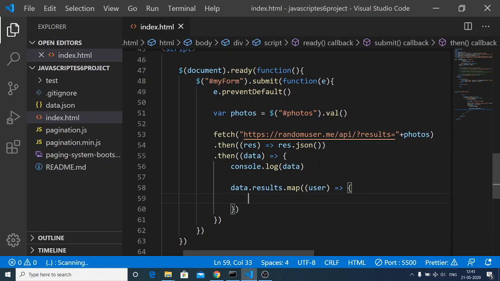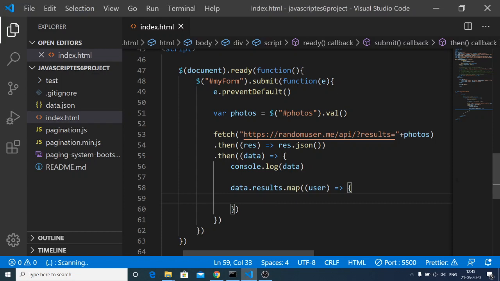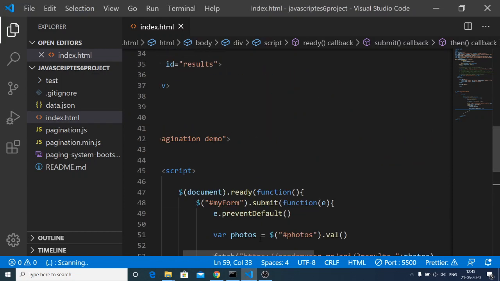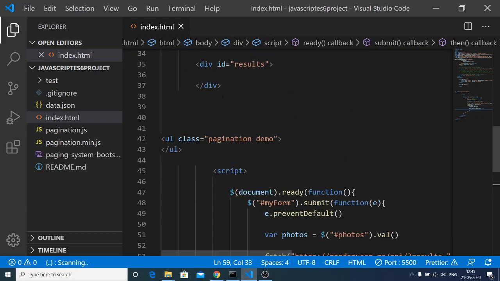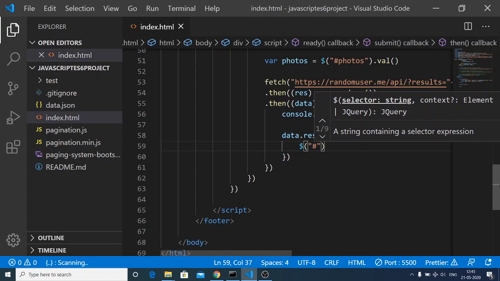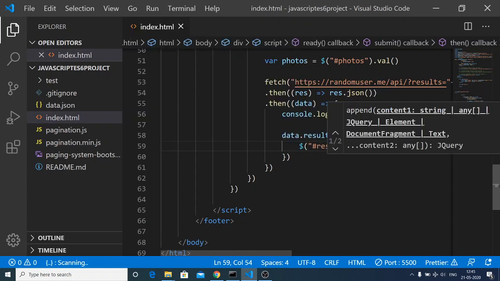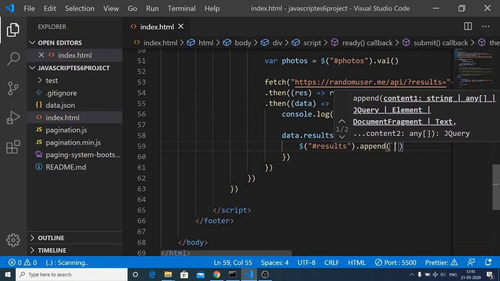So what we can do here is target the photograph property, which was user.picture.medium. We have this element right now inside our DOM here, results. So here we can target the results by its ID like this, results, and then we will use the append method in order to append the HTML. Inside this we will use the backtick symbol,